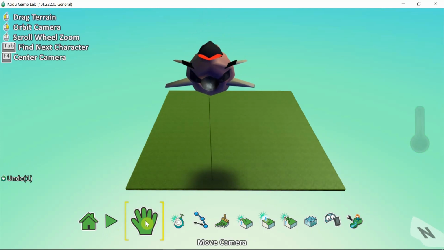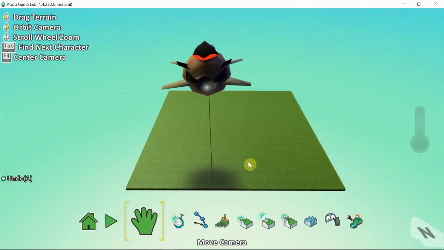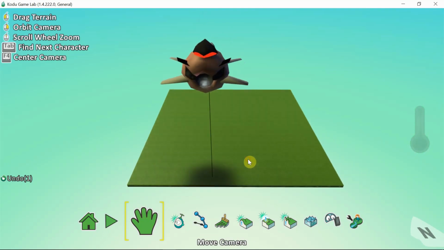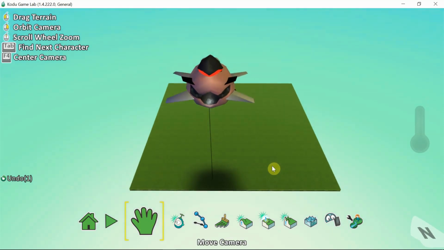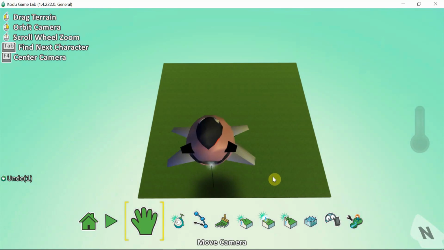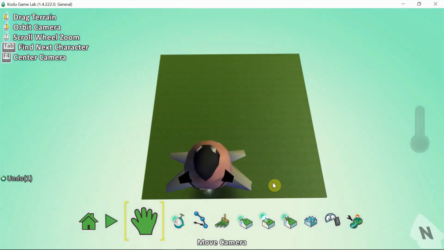Let us make the angle of this world a little aerial view because jet is going to fly. So let's have an aerial view. I right click. I first of all come to the move camera screen and I right click on the ground and I slowly drag the mouse pointer and here it is. So this is how it works. Now this is the aerial view.